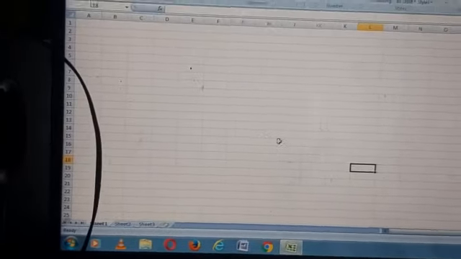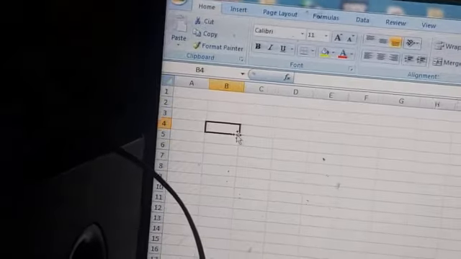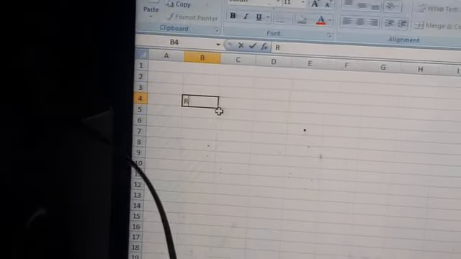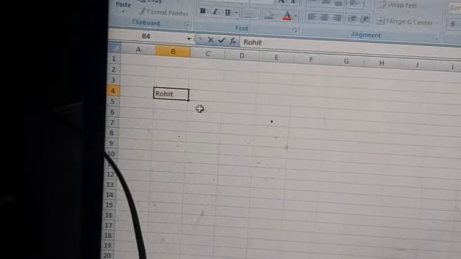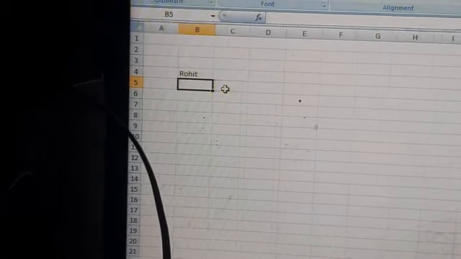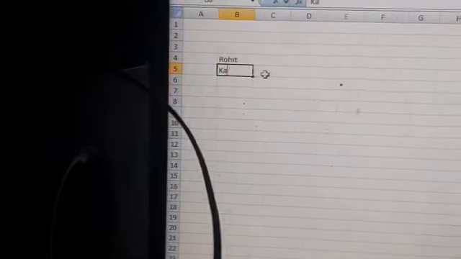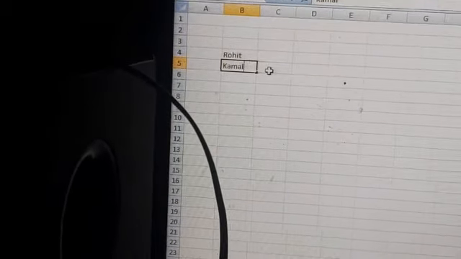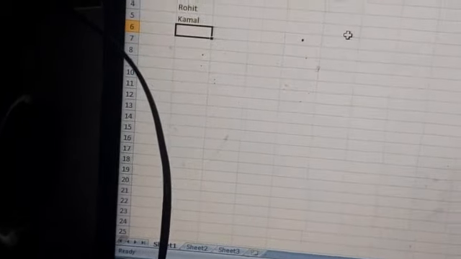Now I am going to enter the data. There are three friends, Rohit, Komal and Amit. First one is Rohit, enter, then Komal, and next is Amit.